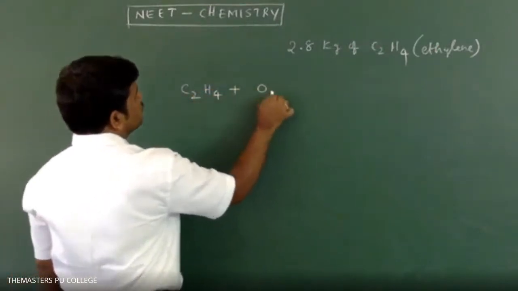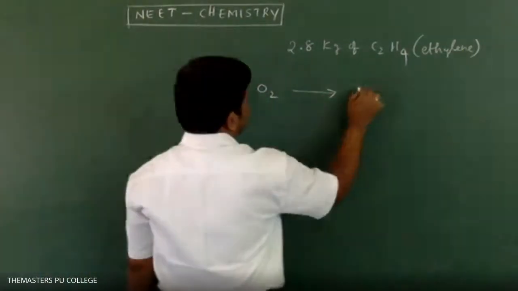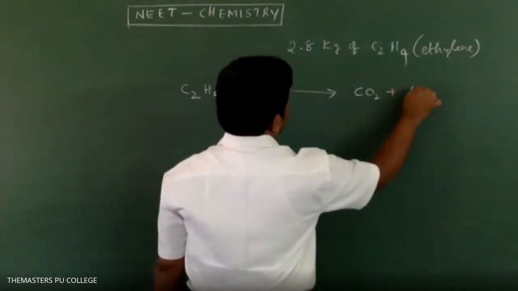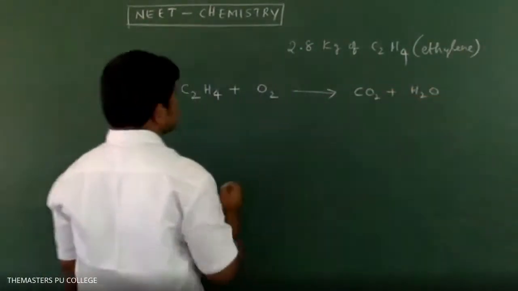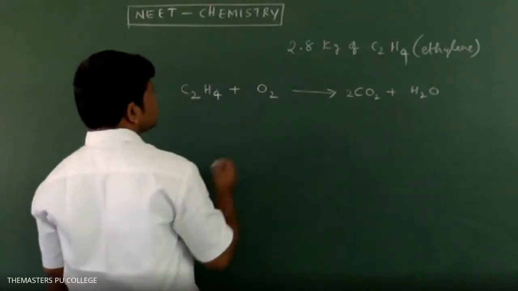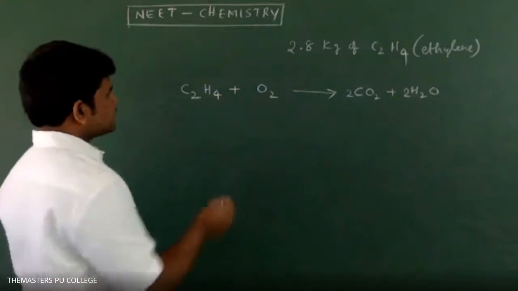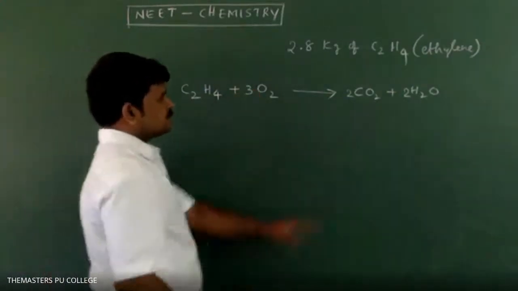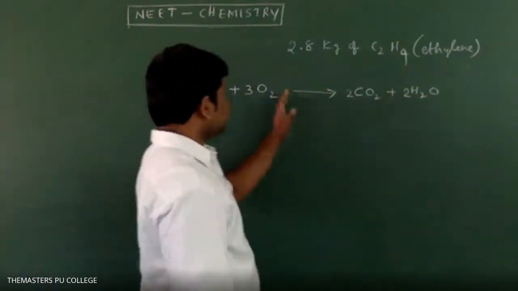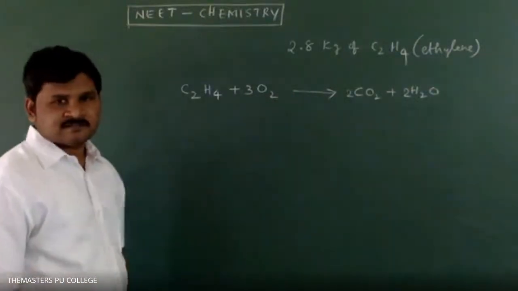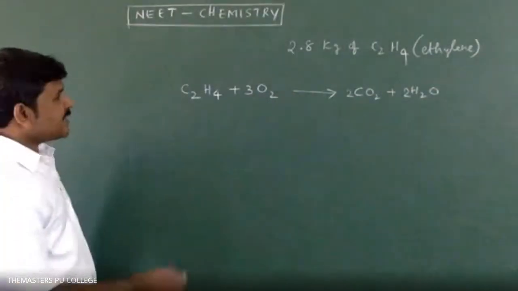C2H4 plus O2 gives CO2 plus H2O. 2 carbons, 4 hydrogens. Oxygen: 4 plus 2 is 6, 3 into 2 is 6. Okay? According to the equation,